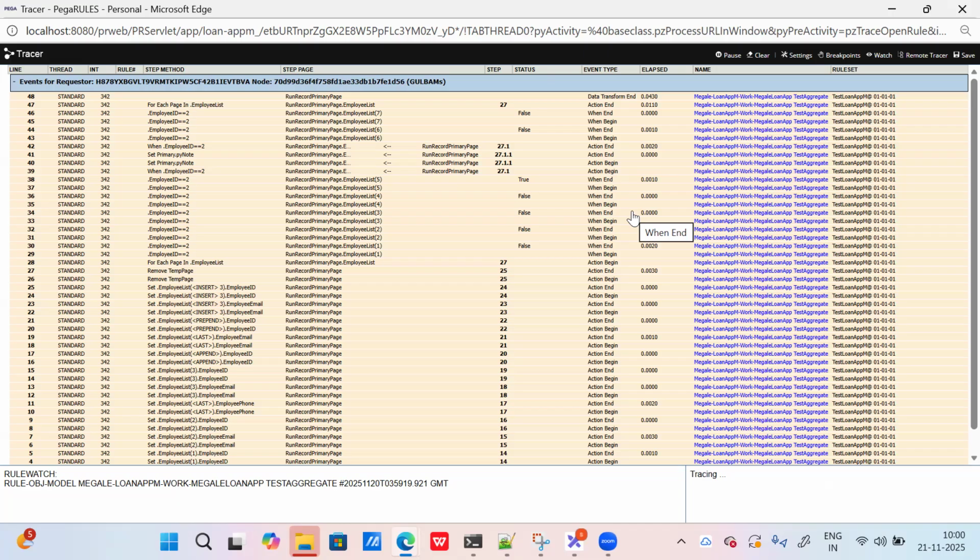So we have understood how a for each page works. We have understood how to get a condition-specific index value and how to set that value not on the data layer but on the above layer. Though this might not be the perfect use case, understand when to use primary, how this py for each count works, and how a for loop works in a data transform. Clear? Does it make sense?